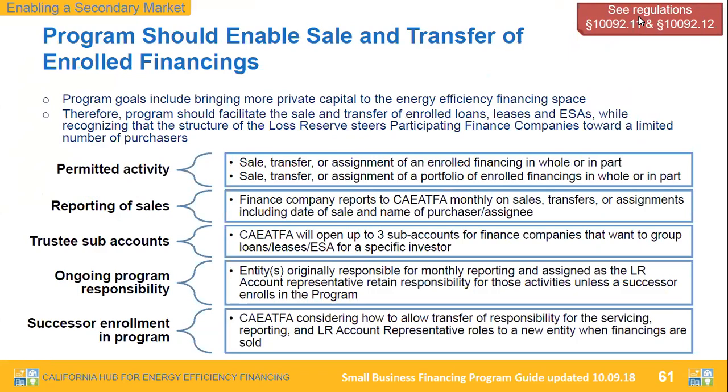Then my final slide on the financing piece is just that we know that finance companies need to sell or transfer their agreements to replenish funds, and we permit the sale, transfer, or assignment of financings, portfolio level or single agreements. We ask that you report that to us, and we will set up those trustee sub-accounts to do so. And then we do have some provisions in the regulations to account for if a finance company were to leave or to choose a new servicer, and how that would work with the program, that are in more detail in the regulations. Okay, so I'm going to pause